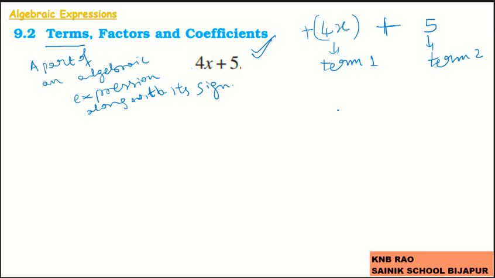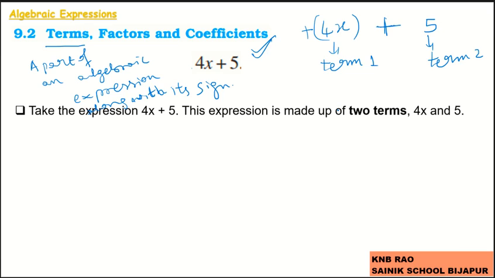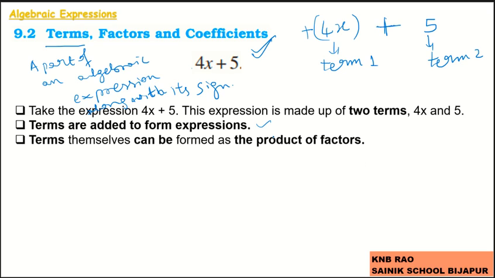Okay, so take the expression 4x plus 5. This expression is made up of two terms, 4x and 5. And very important, terms are added to form an expression. So an expression is always formed with the help of terms. And terms themselves can be formed as the product of factors. Remember, here when it comes to the 4x,